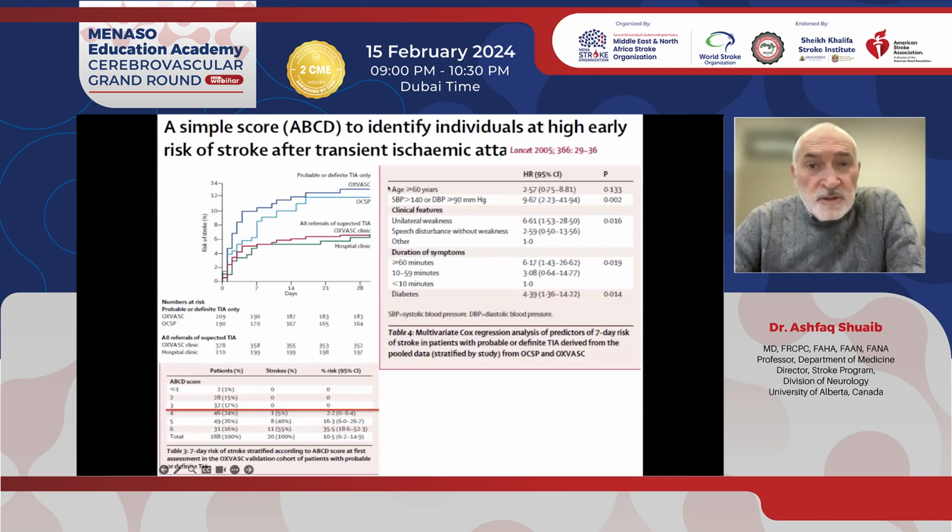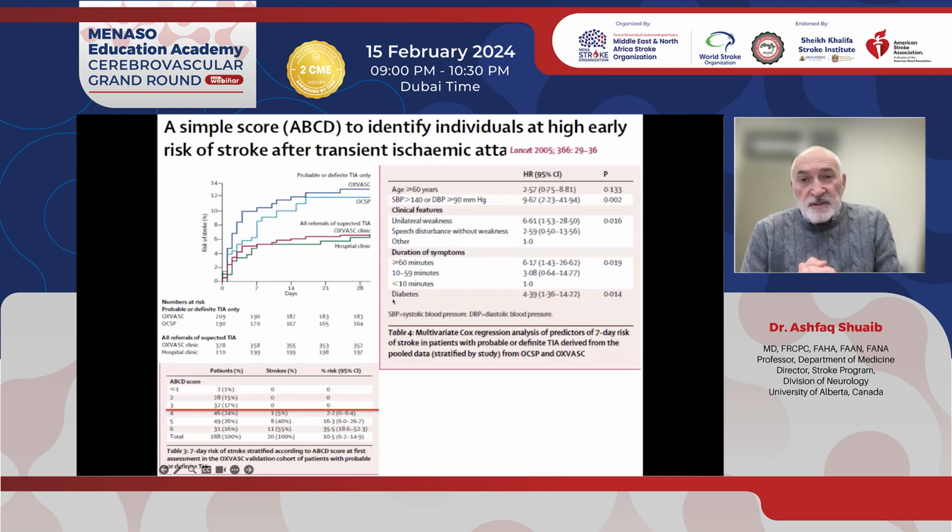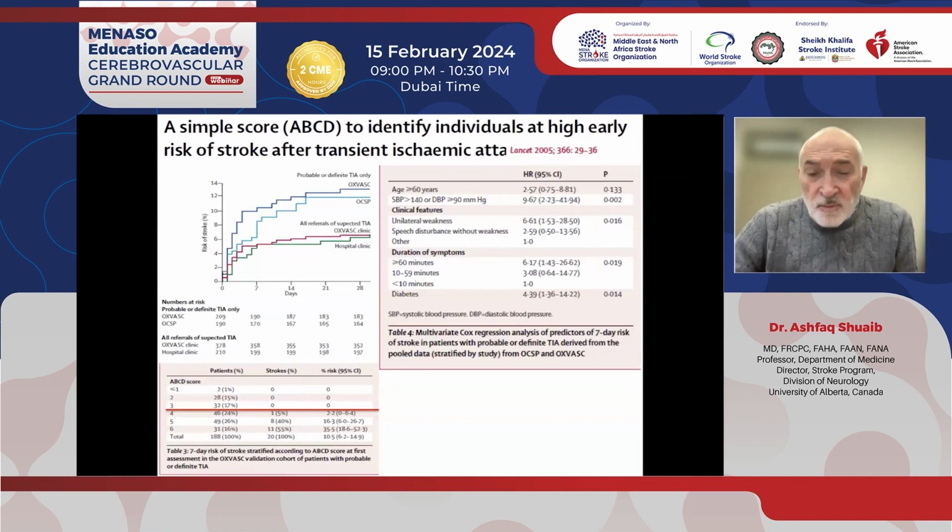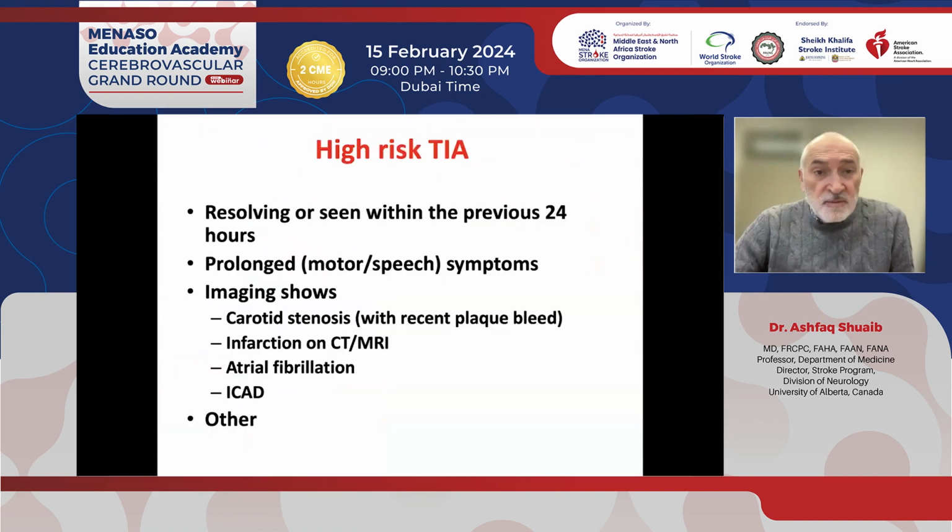So subsequently, Peter Rothwell and his group, this is Oxfordshire data, published what is now called the ABCD score, right? So age over 60, hypertension, focal symptoms, duration more than 60 minutes, and diabetes. If 5 or more of these are present, so an ABCD score of 5 or more, they're considered high-risk patients, right? So we know how this was established, and we also know what a high-risk patient is. And the high-risk patient, in your practice, should be seen the next day or the same day. It's like an acute coronary syndrome.